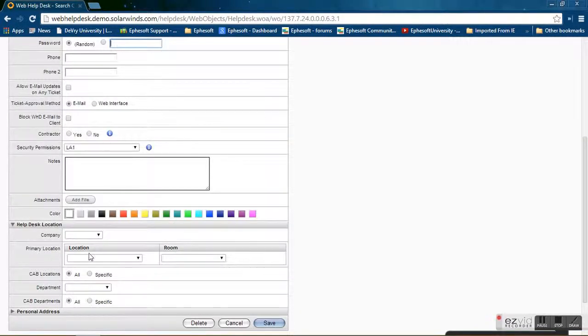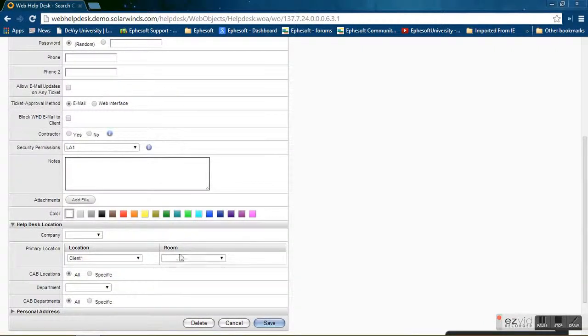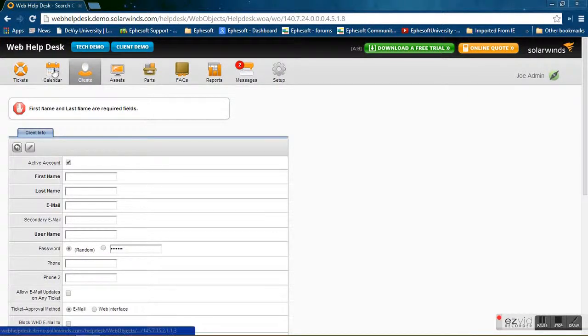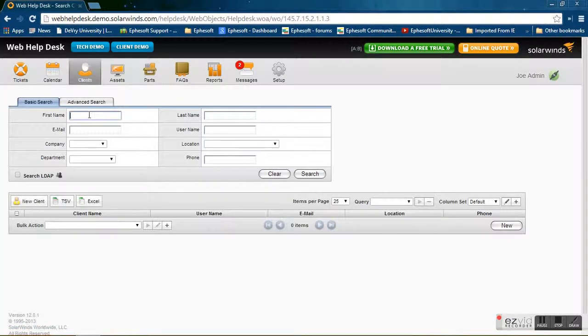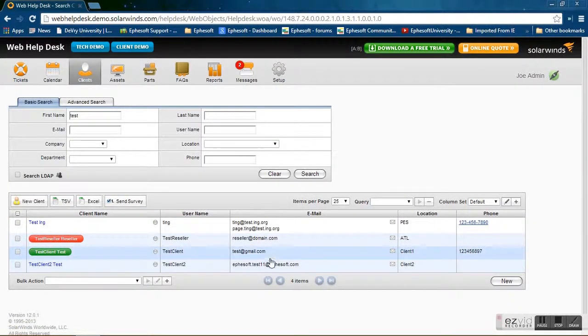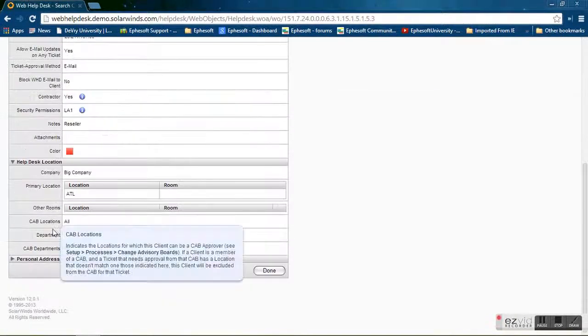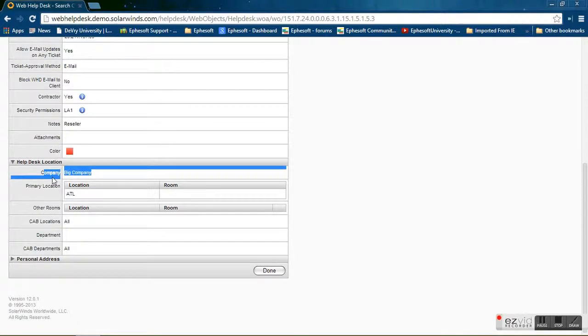So for example, if you go here, you go to client 1, for example. We'll call this client 1. And then company essentially is a reseller. We'll assign it to that, so they'll be able to view anything under that location as a reseller, and then the client or this customer will view that. Here I've created 3 accounts that'll show us how this works: reseller, client, and client 2. So the reseller I've set up as a big company,